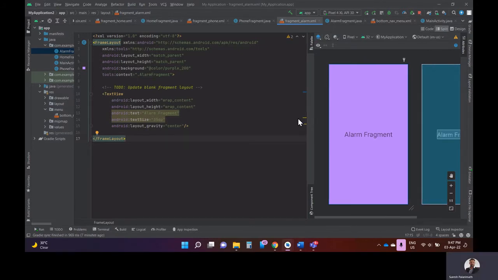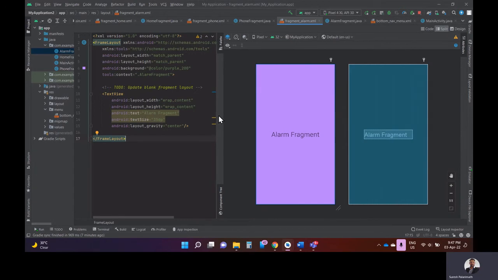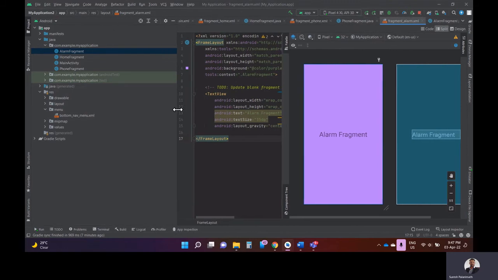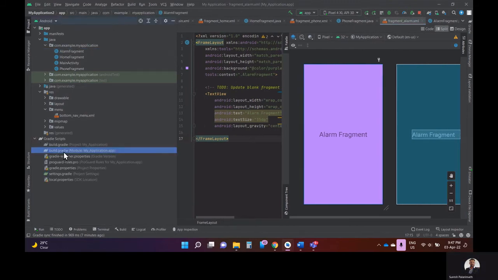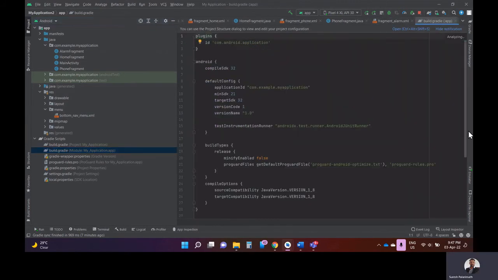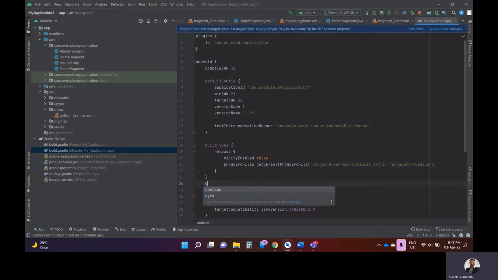Now, after all fragments are created, before going to any coding, what we need to do is first go to the Gradle. Here, click on build.gradle. Before the compile options, you can add one line, that is buildFeatures. It should be outside of this bracket. We will write buildFeatures here,